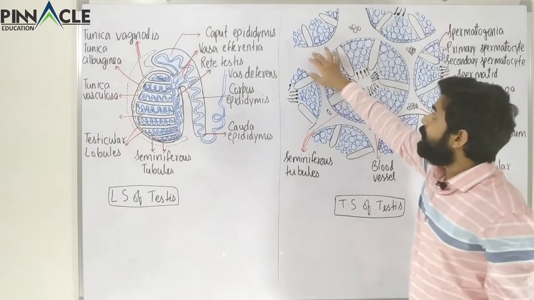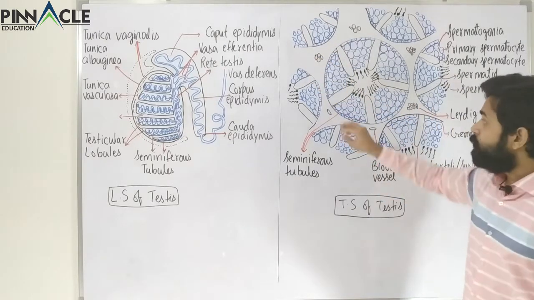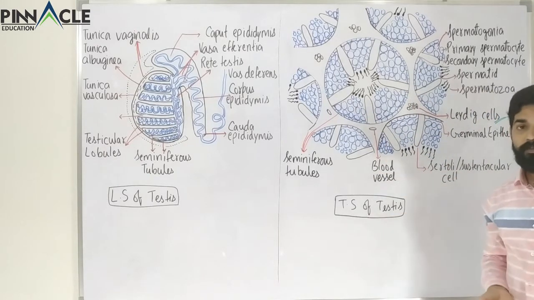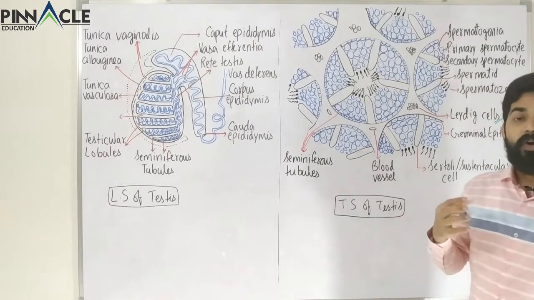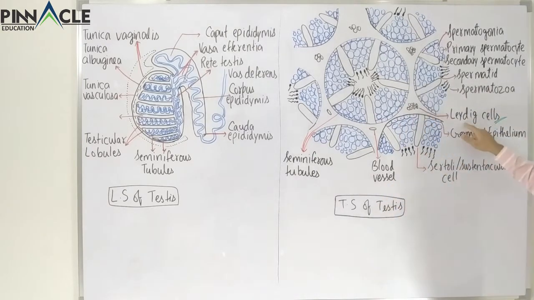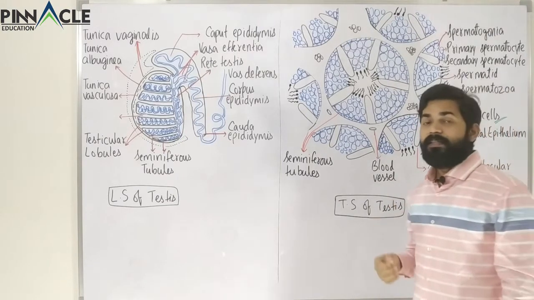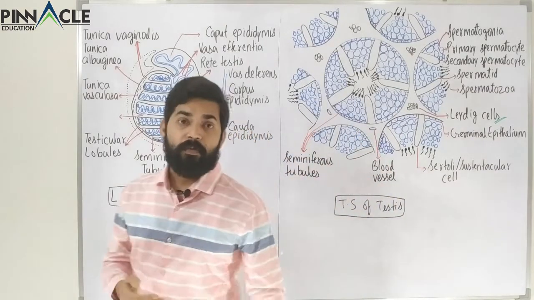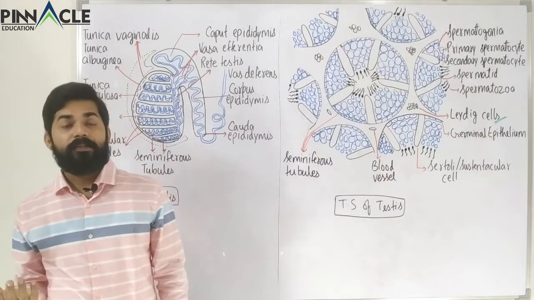So between any two seminiferous tubules, you can see certain spaces. These spaces are called interstitial space, and the cells present in the interstitial space are called interstitial cells, and these are also called Leydig cells. So instead of Leydig cell, we could also have written interstitial cells. So these cells are responsible for the production of the male sex hormone, and that main male sex hormone is called